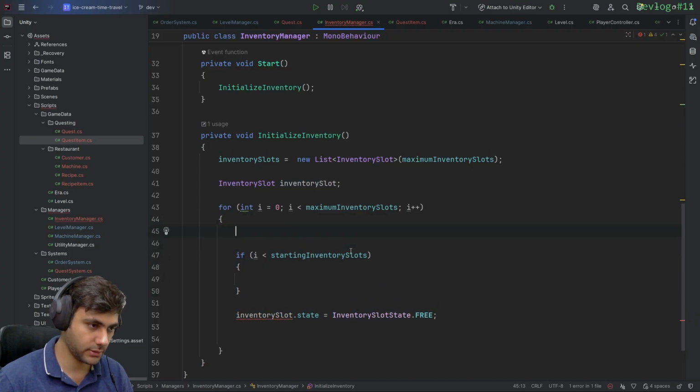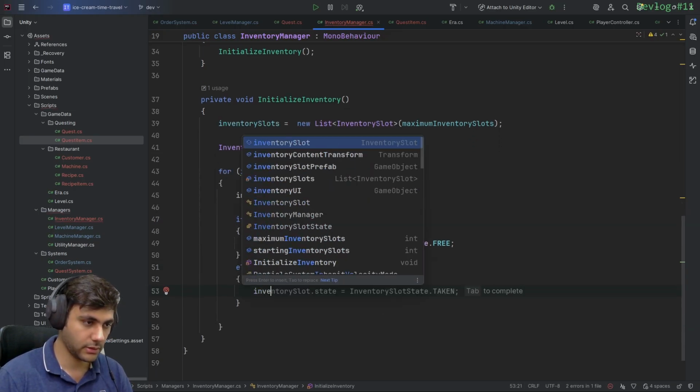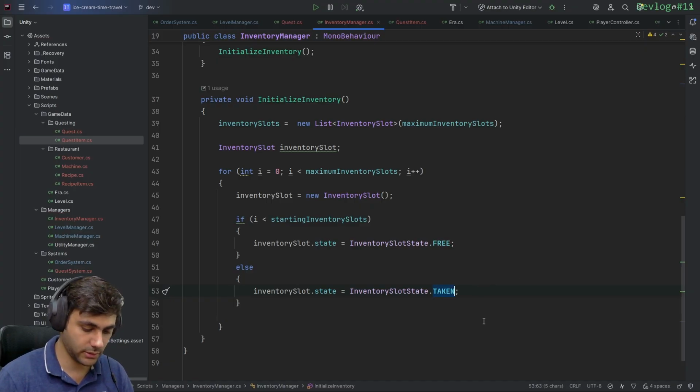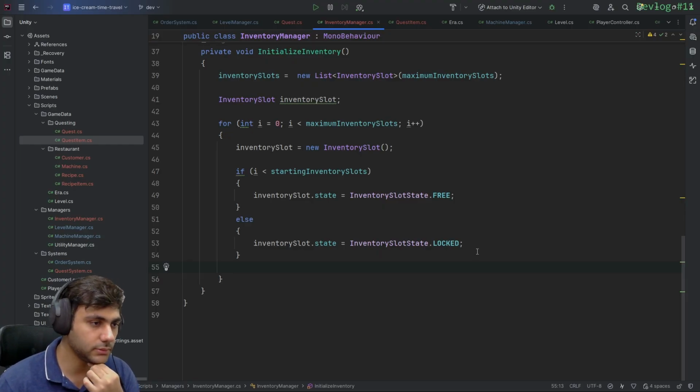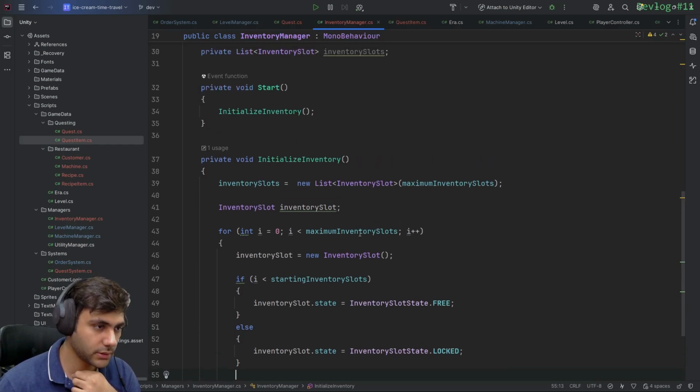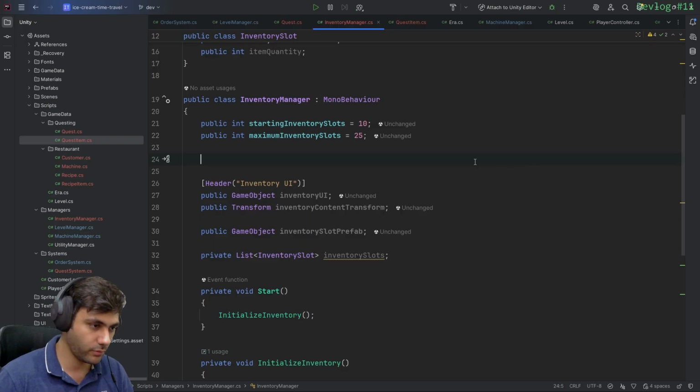Start would be over here, or else we can just do something like, which will be locked by default, but just to make things clearer when we read our code, slot and this is locked. And we do something like